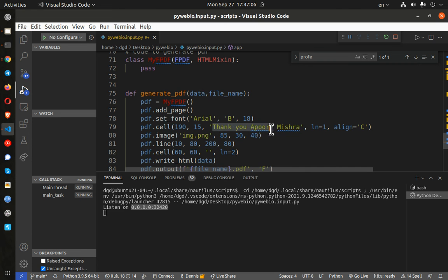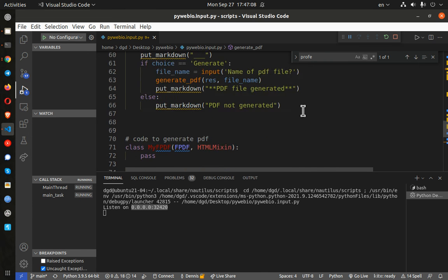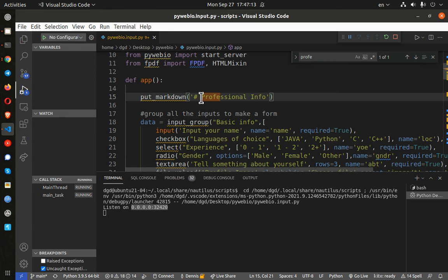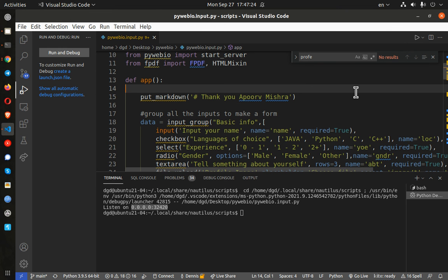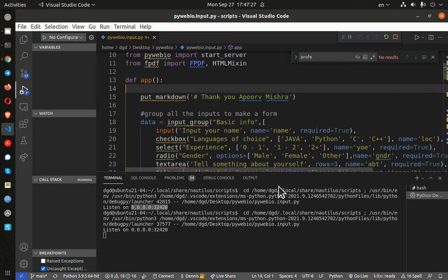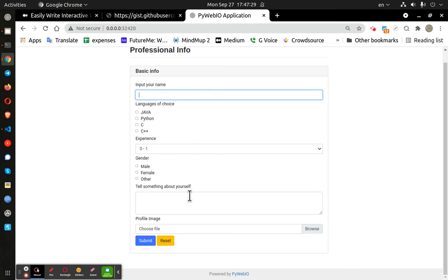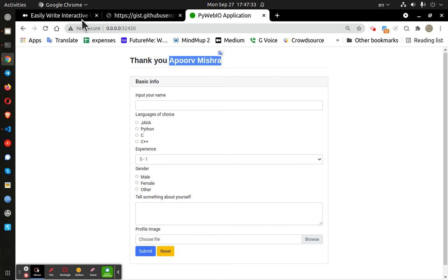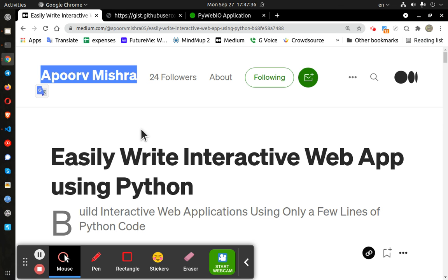I'm not quite sure where that shows up, but we'll go ahead and put the professional. Here it is, right here. And this is Markdown. Okay, so put Markdown. That's kind of handy. Control V, Control S, kill that instance, save it, start up the new instance, F5, and thank you, Apoorv Mishra, for sharing your code and your insights into